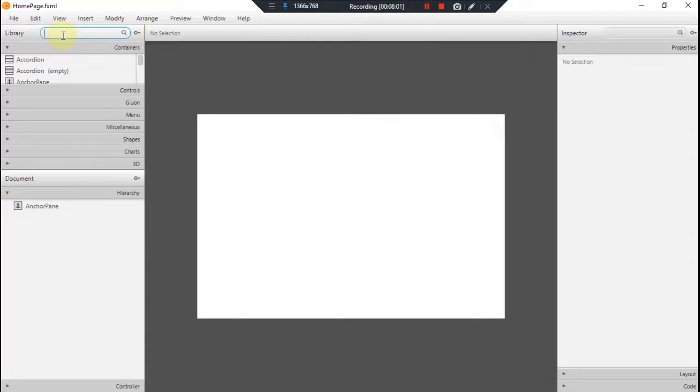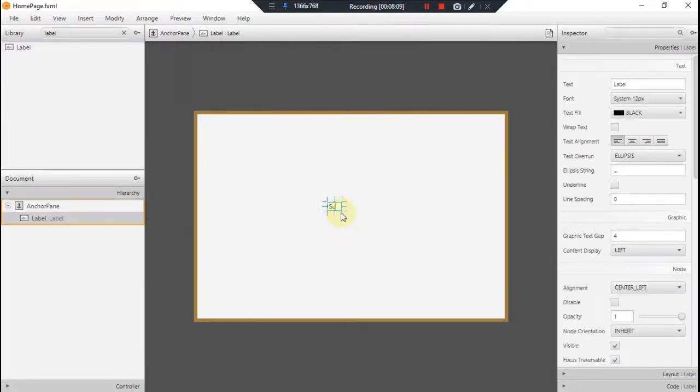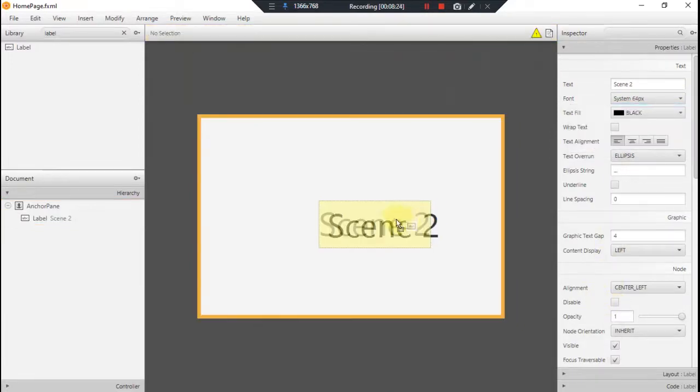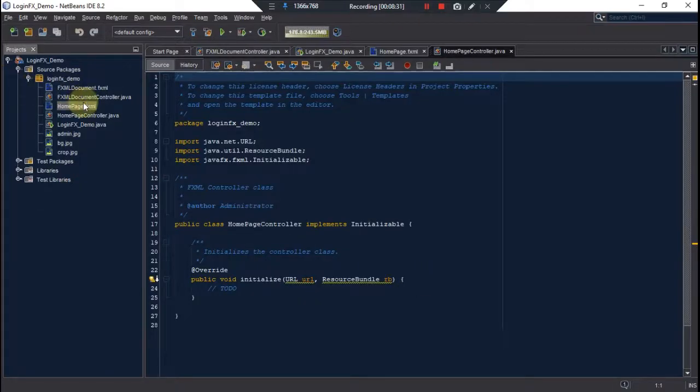Let's place a label and set it to scene 2, and let's give it a bigger font for the sake of victory. There it is. Let's make controller